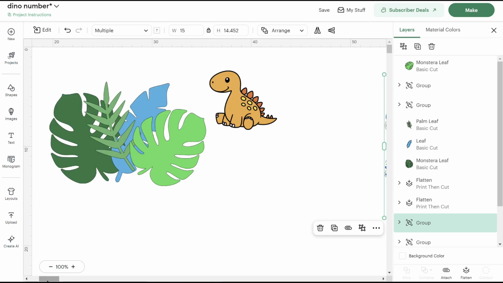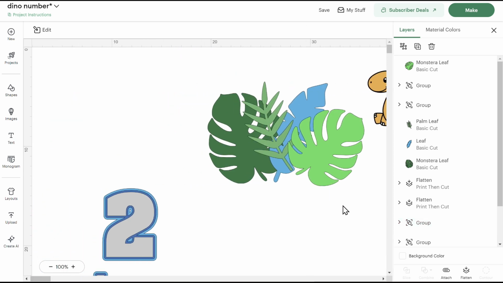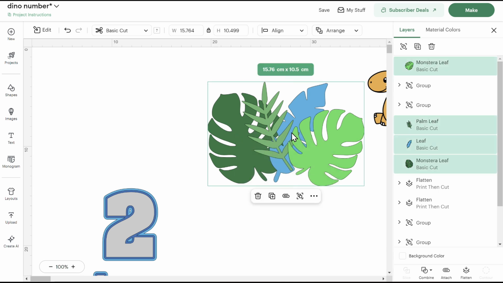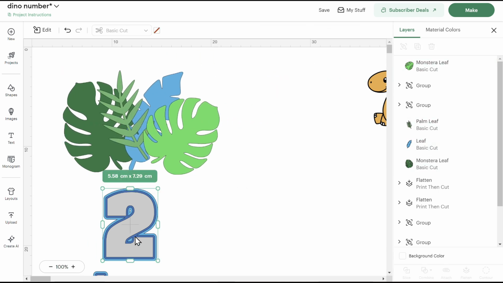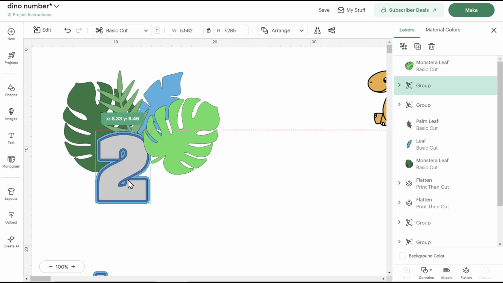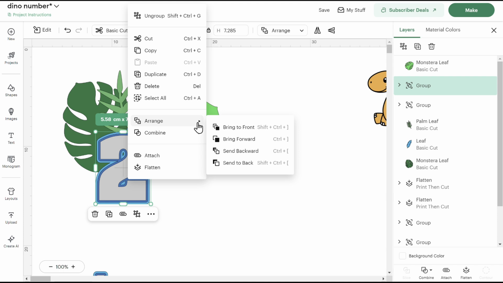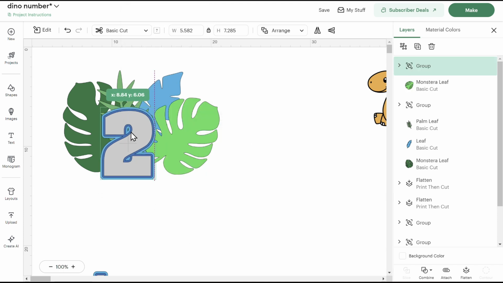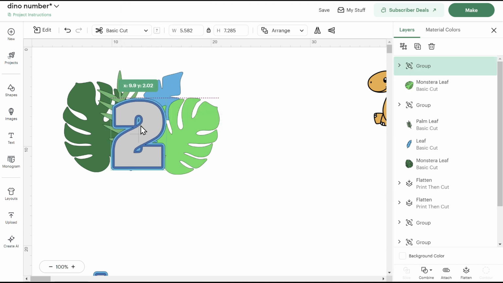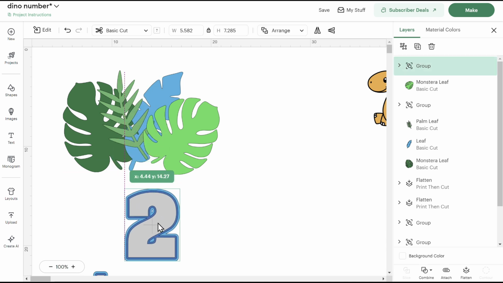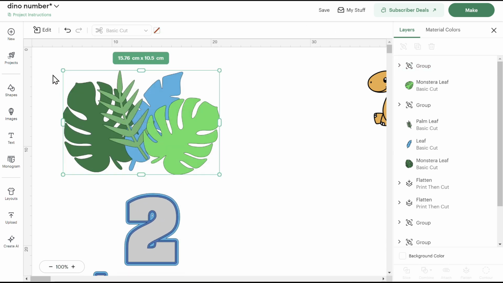So here we go. Now you can group these together so that they move all together, or you can just select them all. Now I want this to be above everything, so I'm going to go to arrange, and then I'm going to click bring to the front. Now let me show you what I mean by group them together. If I group all of these together,